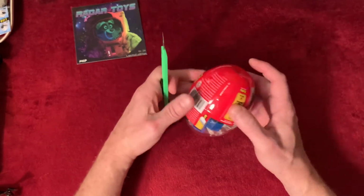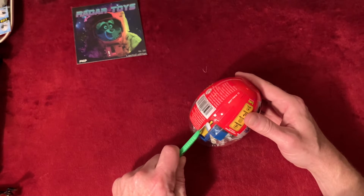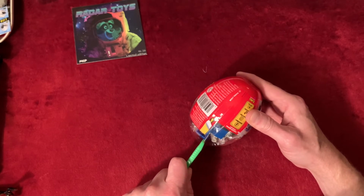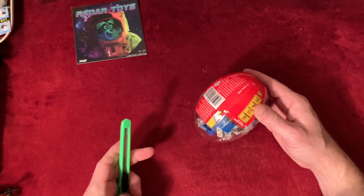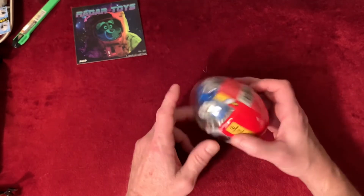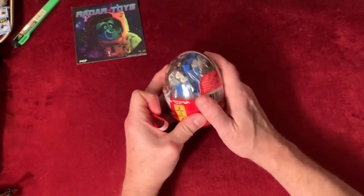Okay. Watch Cameron cut on a curved surface, everybody. This should be amusing. I'm just going to see if I can get this thing started. Once again, I guess I'm glad I'm not necessarily doing this in front of the little ones in case I slit my wrists. Didn't happen because I closed my blade, though. All right. There we go. See? It opens like...